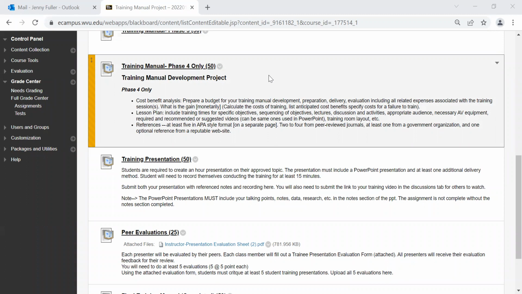Phase 4 is going to include a cost-benefit analysis, lesson plan, and a reference page. So let's talk about the cost benefit analysis. We have a full class devoted to safety economics, so we are not doing an in-depth analysis of a cost benefit analysis here. What I really want to see is your thought process and your evaluation to determine where costs come from when